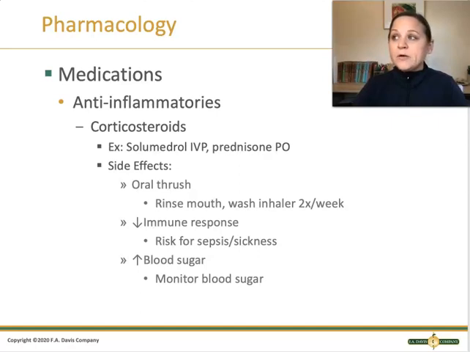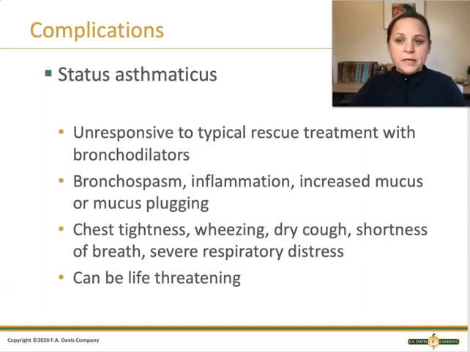And steroids are anti-inflammatories. They reduce inflammation, but they also have a couple of side effects. Specifically, they reduce our immune response, and they increase blood sugar. So those are some side effects you can see with long-term use of steroids, that the patients are at higher risk for getting sick and having sepsis, and they also are at higher risk for having elevated blood sugar due to the steroid use. So asthma can be fatal, and patients need to kind of know when they're at risk in the red zone and things are not going well and they need to get additional help, and when they can manage things at home.